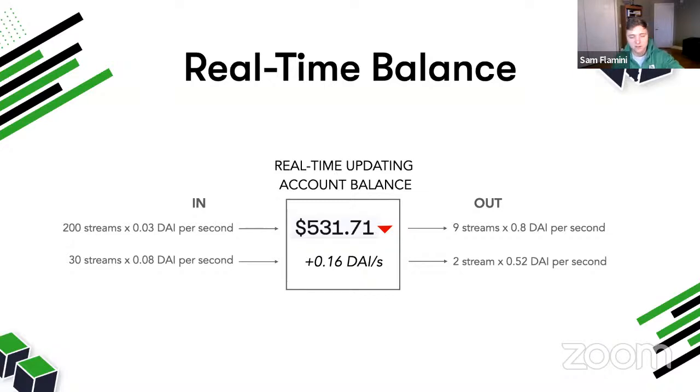If we take into consideration the flow that's being sent to me for 10 DAI per month and the flow, or no, I'm sending somebody else a flow for 10 DAI per month. So outflow of 10 DAI per month and inflow of 5 DAI per month. So think about that. What is my net flow rate? Well, we take the outflow, -10, and we add 5, which gives -5 per month. So as time passes, we know that the rate at which my balance should be decreasing is -5 DAI per